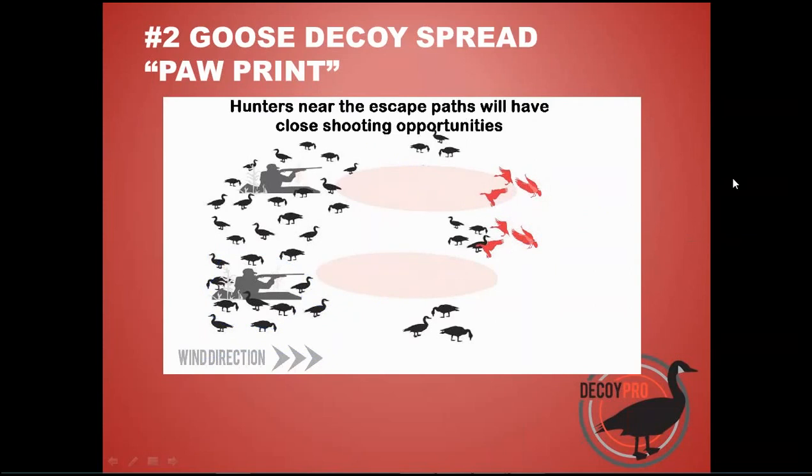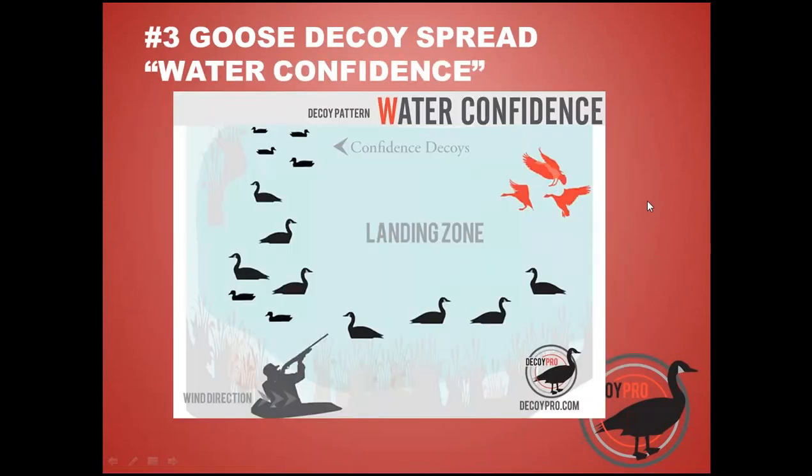All right, let me move on to the next one. This here, number 3 for the goose decoy spread, I like to call the water confidence. Basically, guys, I'm going to talk a little bit about confidence decoys right now. A confidence decoy is a decoy of a similar bird that's often seen with geese. Most commonly, you're going to be talking about ducks, but certainly you can have swans, sandhill cranes, coots,